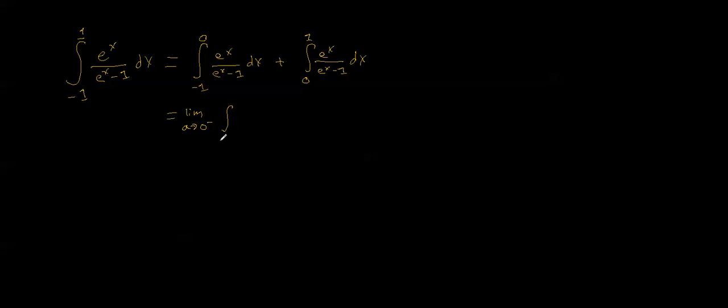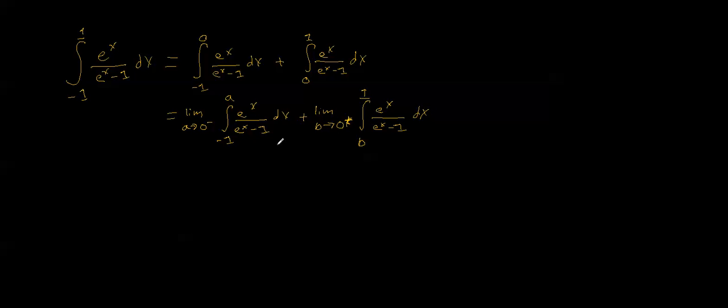from -1 to a of e to the x over e to the x minus 1 dx. And then we'll do a similar thing here, so it'll be plus the limit as b approaches 0 from the positive direction this time, of the integral from b to 1 of e to the x over e to the x minus 1